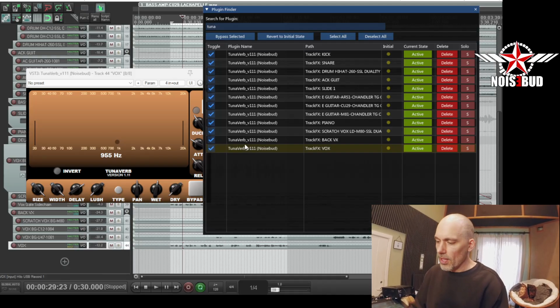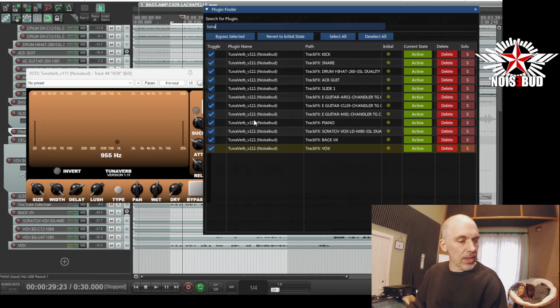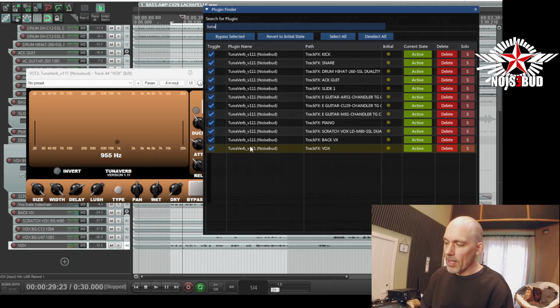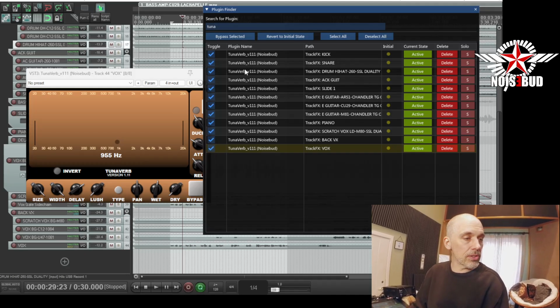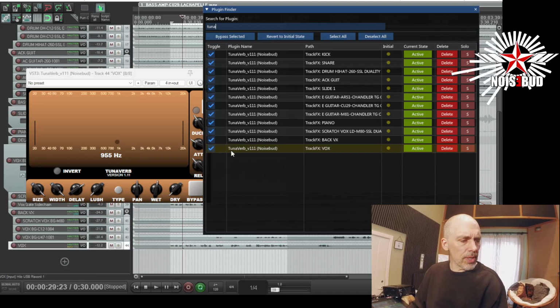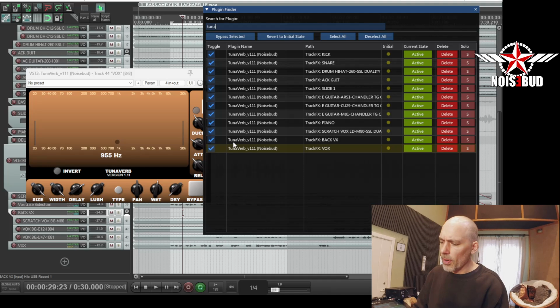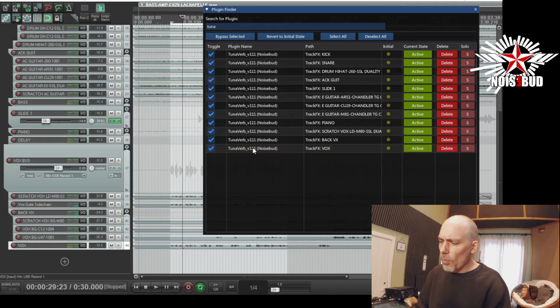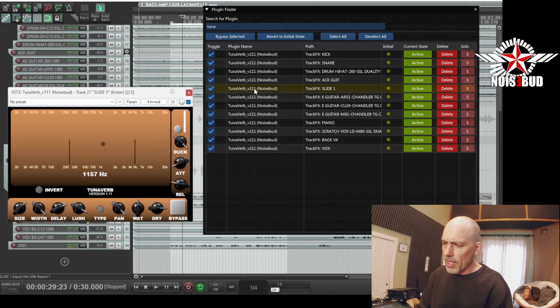So you can see on the left here, down here, that track will get highlighted, and if the effect is on an item, the item will be highlighted as well. So it's a really good way of finding a plugin. But you can also open a plugin by just clicking the name,